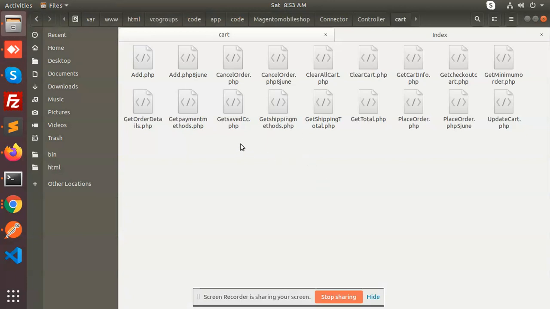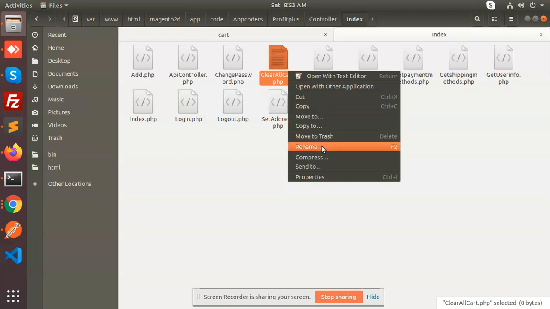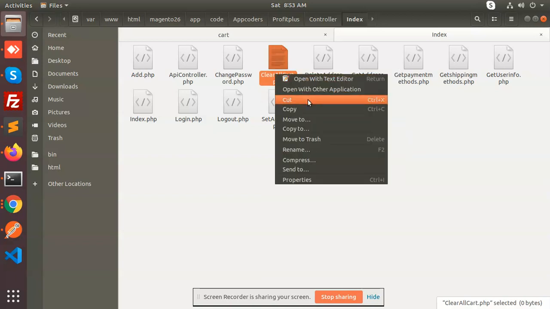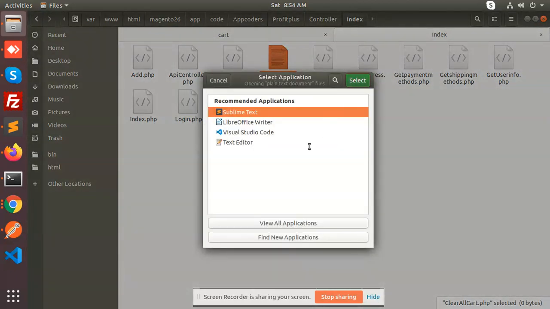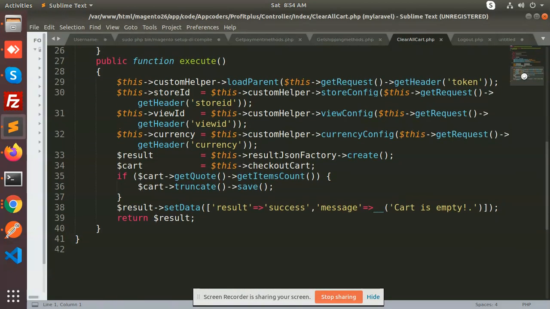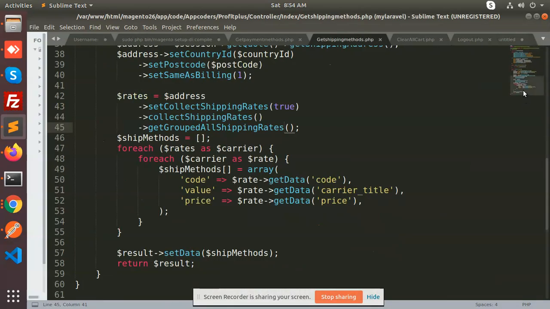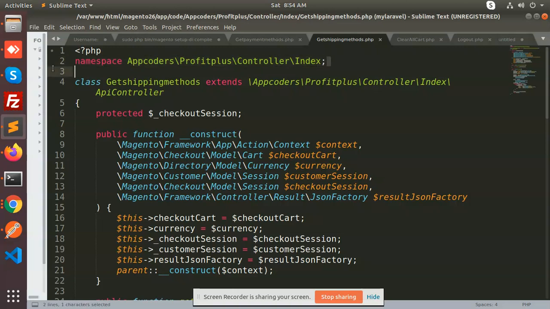First of all, go to the clear cart, clear all cart. We have the index. Let's paste. So basically the functions are truncate, cart, and save. Let's begin with the previous sections. We have